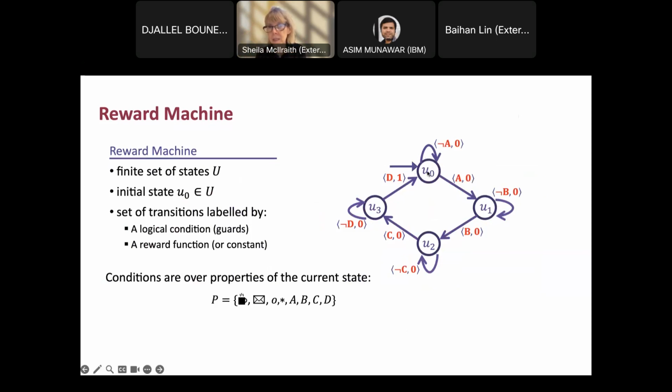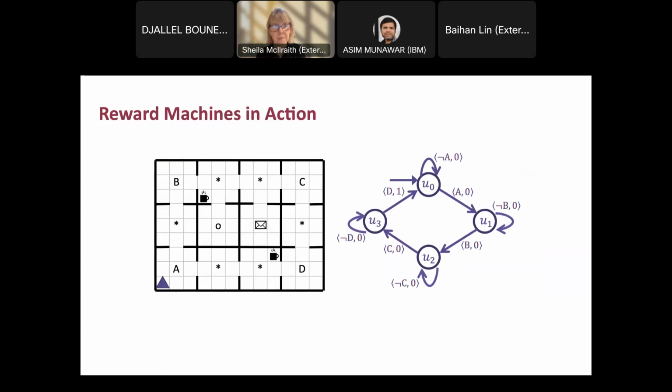And what I see here is that once I hit A, I get a reward of 0, and I transition to U1. And while B is false, I stay here; when I get to B, I transition to U2, and so on. What's interesting here is that this is what we refer to as a simple reward function. So the rewards are just a scalar number, but instead we can actually have quite complex functions on these links that transition between the states.